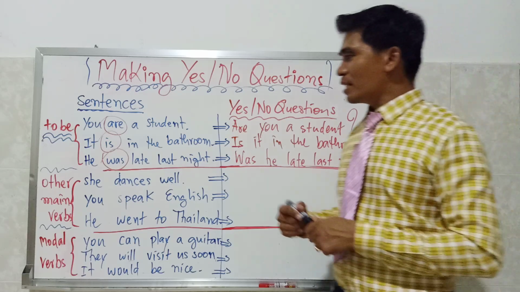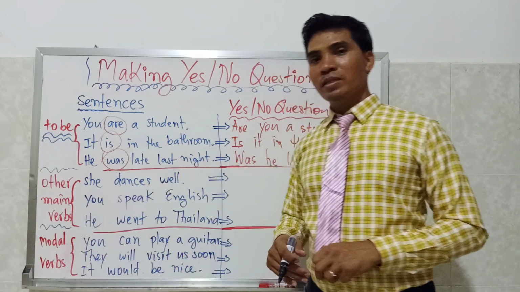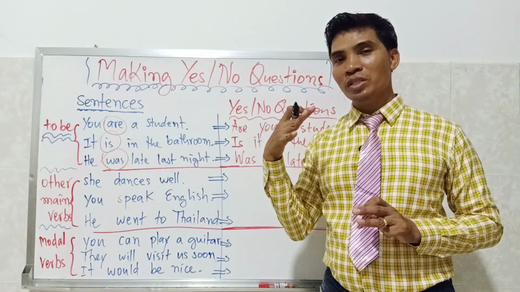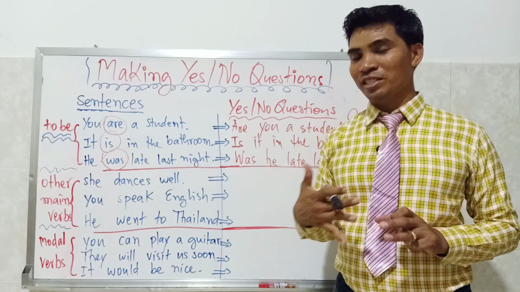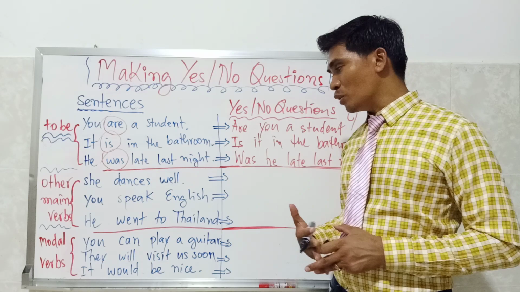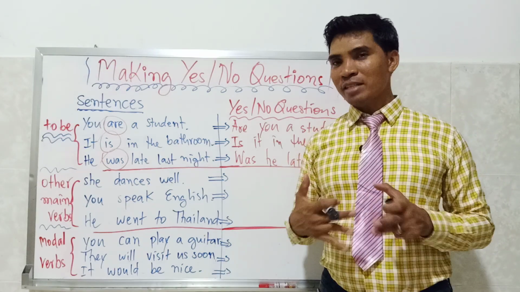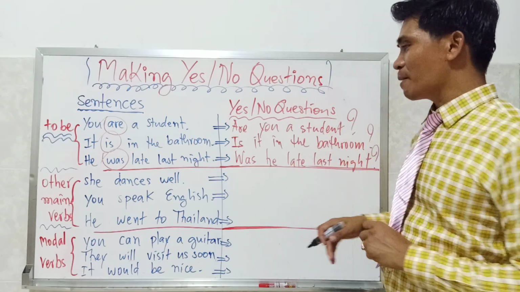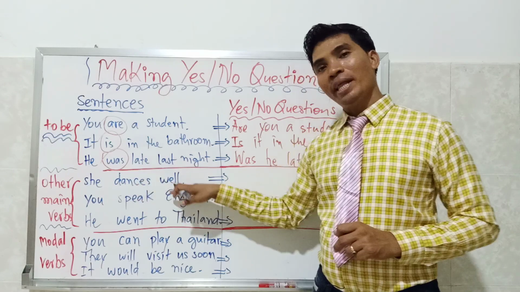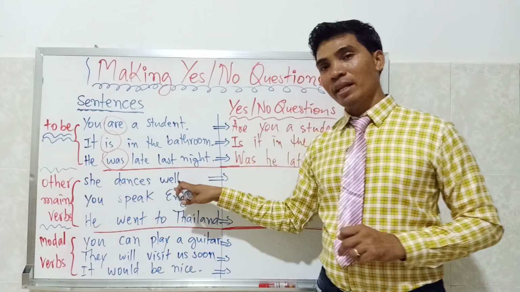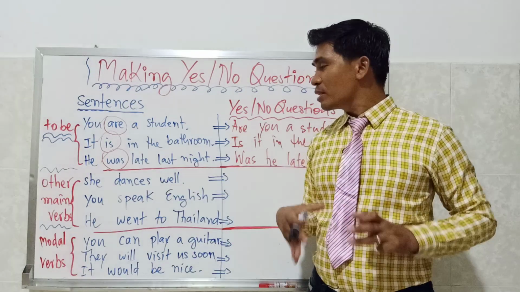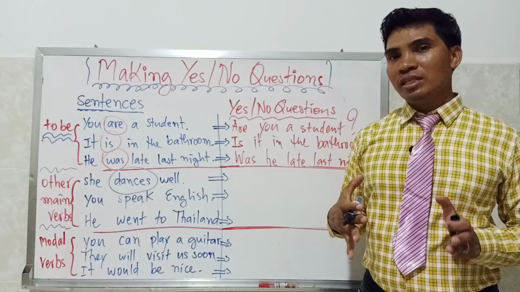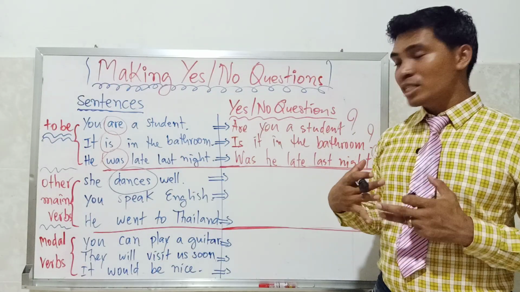Now, another case: other main verbs. When you see a sentence with other main verbs, you must use the helping verb do or does to make a yes-no question if it is in present simple. But if it is in past tense, you use did. So please analyze together. She danced well. The main verb in the sentence is dance. So dance is in present simple. So to make a yes-no question,